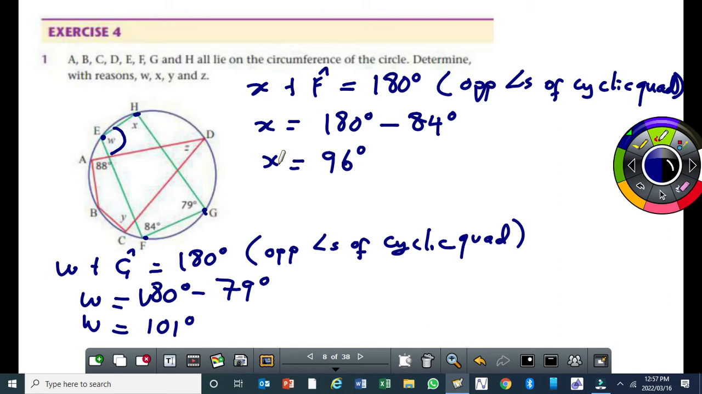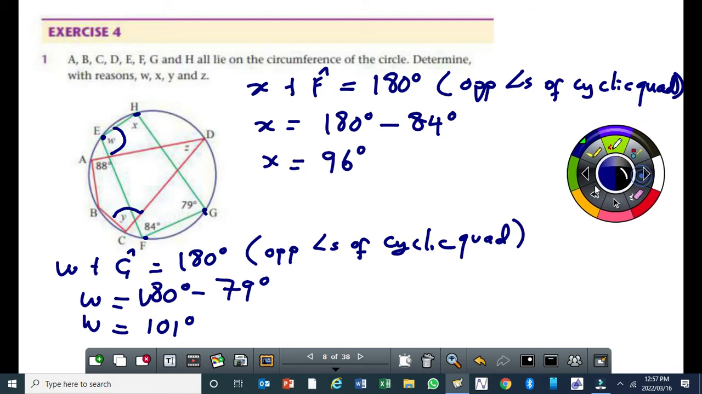Okay, let's move on to Y. Again, we are going to use the same concept. To calculate Y, you should be able to see that ABCD is a cyclic quadrilateral because we have 4 vertices on the circumference. Angle Y is opposite to angle A. Therefore,